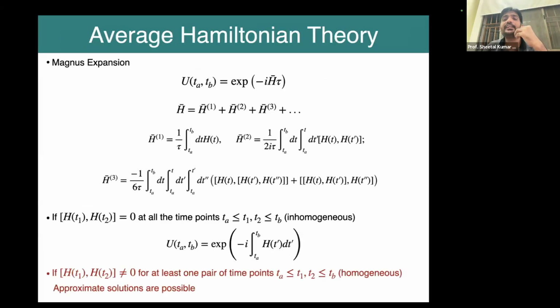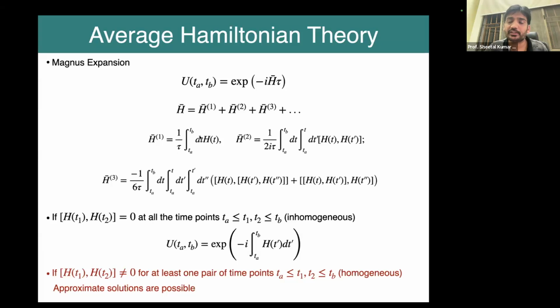Now, in the case of a time-dependent Hamiltonian, one expansion that helps a lot is the Magnus expansion, which says that for the time evolution between time Ta to Tb, if you want to have this evolution operator, it can be expanded in this form in a series. I have put the first three terms here for example, and the first term you can see is the average. You can guess that it's this term that gives the name of the theory, average Hamiltonian theory. So later we will see if we can truncate this series to the first term,